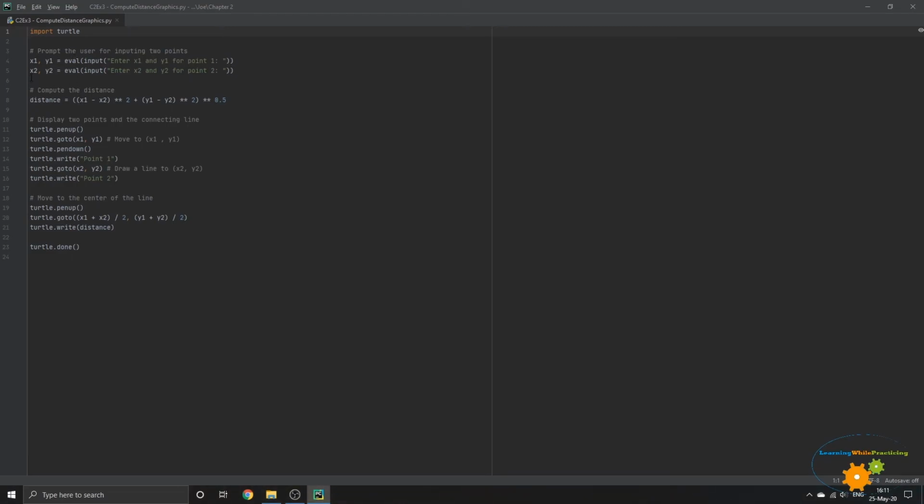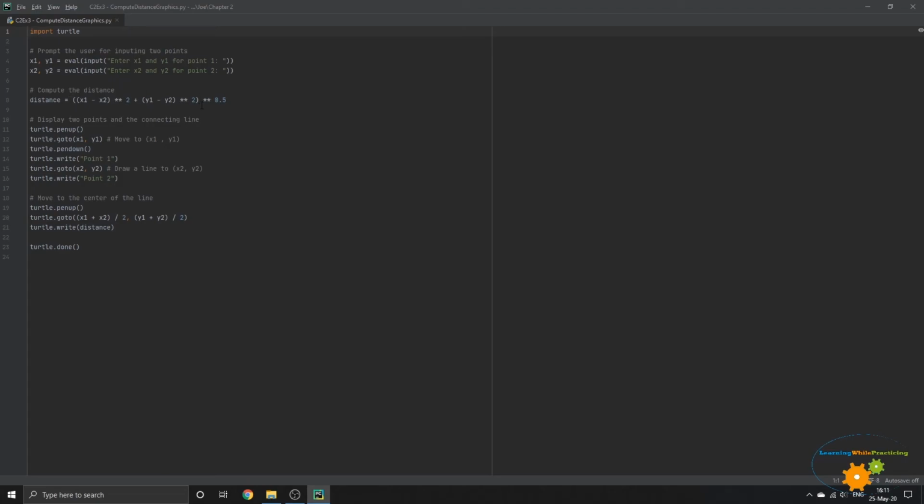The same goes on for the second point. And once this is done, we now have the coordinates for point number 1 and point number 2. For this part, we now have to calculate the distance, which is given by the formula (x1 minus x2) power 2, where the power is represented by a double star, plus (y1 minus y2) power 2, with a parenthesis here to make sure that all of this expression is taken to the power of 2, as well as for here,